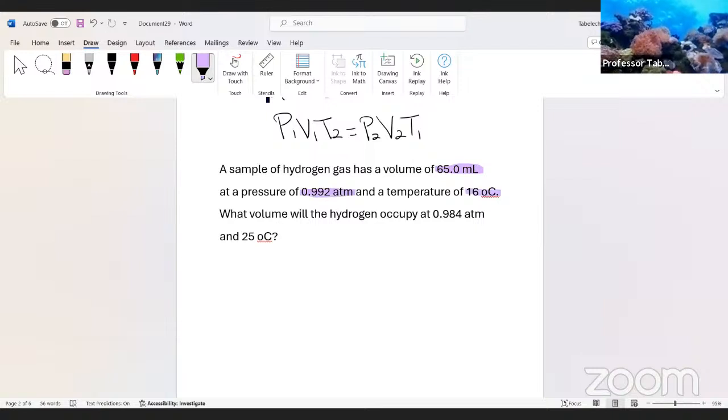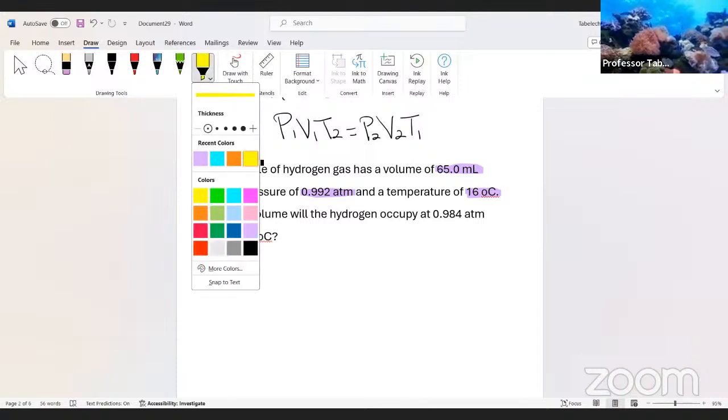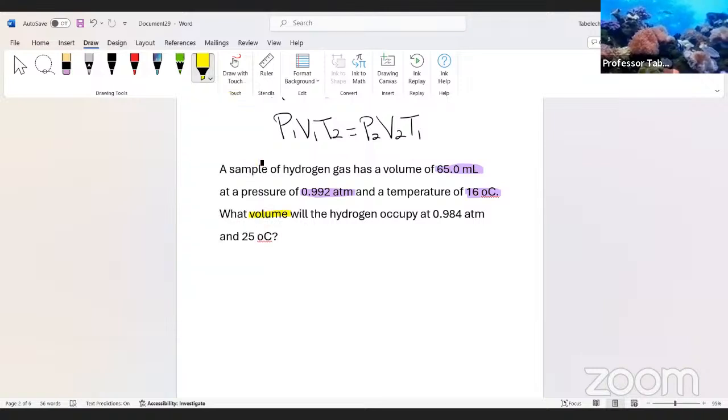The T1 is 16 degrees Celsius. Here is the thing though, your temperature must be in Kelvin. In order to do this problem, your temperature must be in Kelvin. Now, the next thing you also have in this problem, it says what volume, so that's your V2, I'm putting that in yellow, will the hydrogen occupy at 0.984 atms, that's your P2, and your T2 is 25 degrees